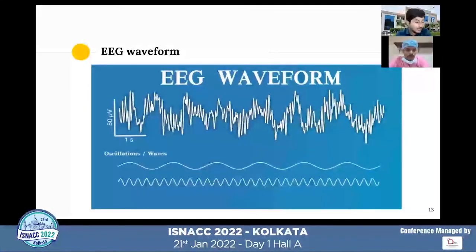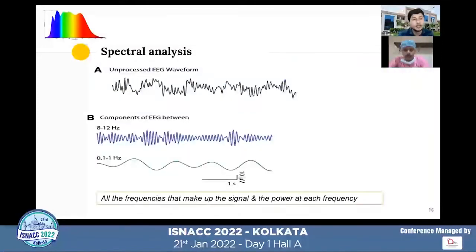When you see an EEG waveform, it looks complicated, because actually an EEG waveform is formed by multiple waveforms superimposed on each other. If you analyze this EEG, we can see multiple waveforms in it. Here we can see one sine waveform going like this. Along with that, you can see another waveform of higher frequency. This is how an EEG waveform is formed. So analyzing the raw EEG looks very difficult.